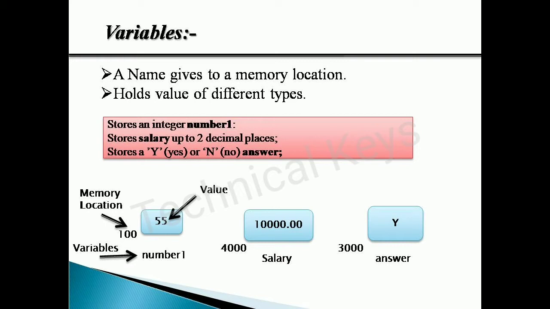Now, what does this variable do? Consider these are my three variables. I have created boxes here. Consider this box as a memory box. Now when I create a variable, there will be three elements attached to that variable. The first is its value, meaning what we are going to store in that memory box.